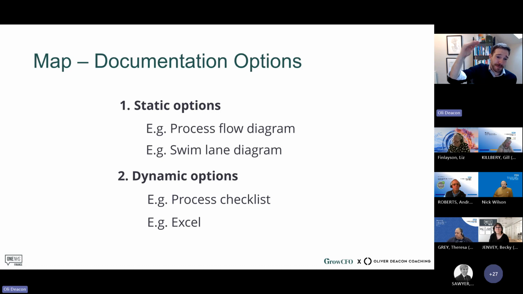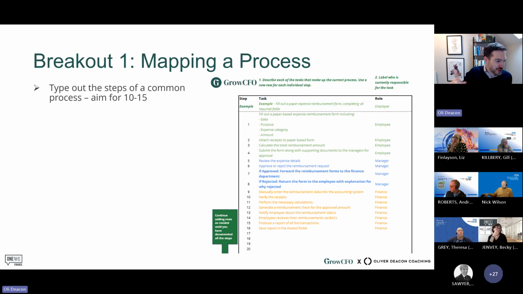And all we're doing is simply within Excel writing out all the steps of a process and who is doing each of those processes. And the benefit of this, folks, is that absolutely anybody can do this. You don't have to use some fancy graphical presentations or anything else. The other thing is it's incredibly easy to edit and change as we go through. So we're just going to do this in Excel. And we do have a template for this.